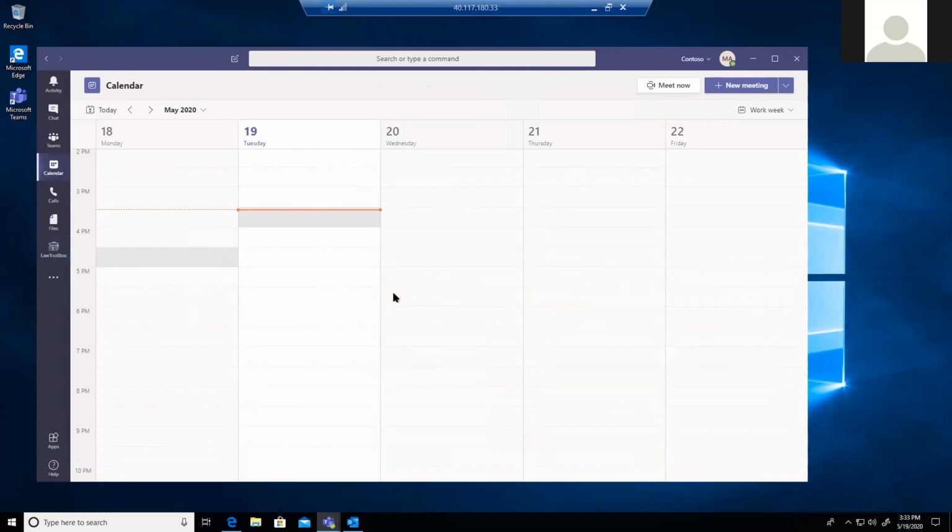So if I create a meeting right here in the Teams calendar, the same meeting gets propagated to my Outlook client too. So right now I can create 2 kinds of meeting here. I can schedule an event, or I can schedule a live event. And a live event can be scheduled only by the Teams client. It cannot be scheduled from the Outlook client.